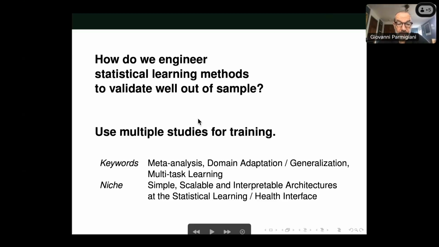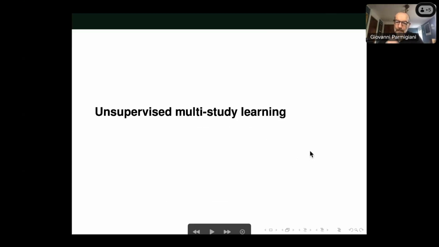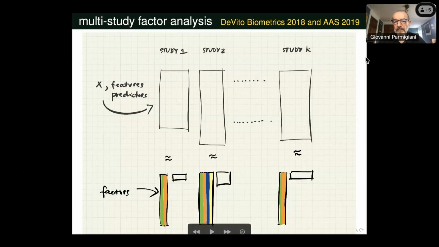There's a lot of overlap between the things that I will present and work in meta-analysis, domain adaptation and domain generalization, multitask learning, and other areas of machine learning. The niche here, though, is to try to stay simple and do something that is scalable and interpretable for health applications, for situations where simplicity is a way to retain some multi-study generalizability. I have a few examples of unsupervised learning and some examples of supervised learning before I get to the decision theoretic stuff at the end, and I hope to give you a high-speed view of all of those going forward. Starting with unsupervised learning,